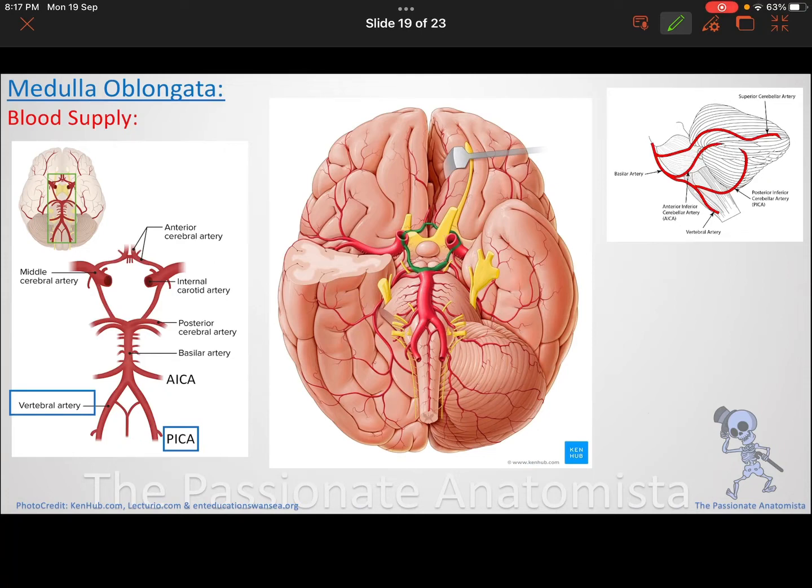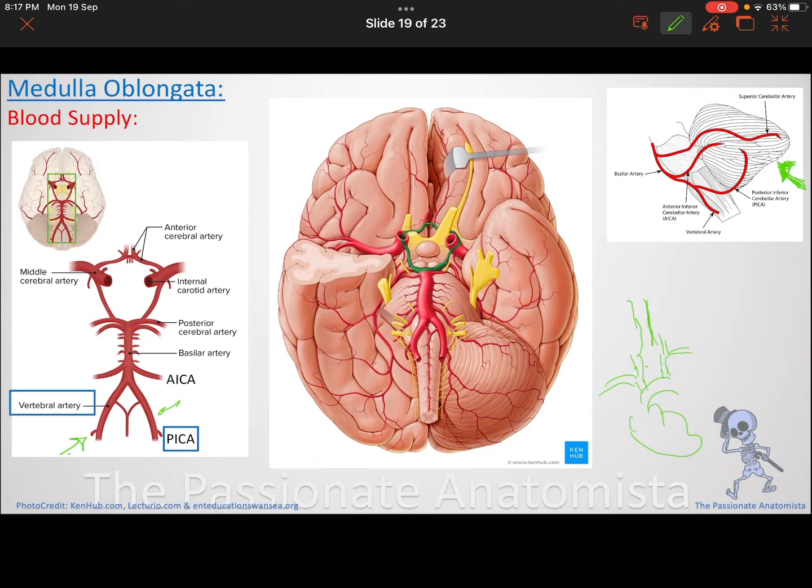Remember, when we said that this is our heart, and we had the brachiocephalic trunk on the right side, it gives me the common carotid and subclavian. Remember that from the subclavian we had the vertebral arteries. So these are the vertebral arteries. What's going to happen is, look at the cerebellum. The cerebellum is a boss in this thing here, because there will be a fight now between the